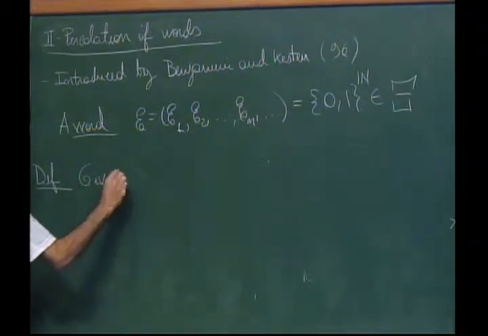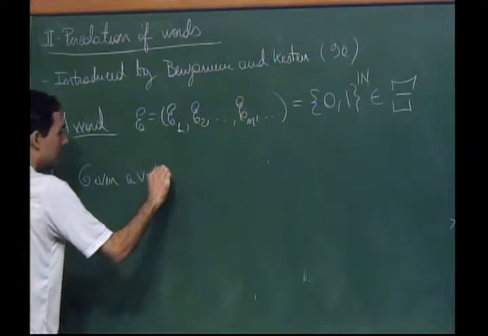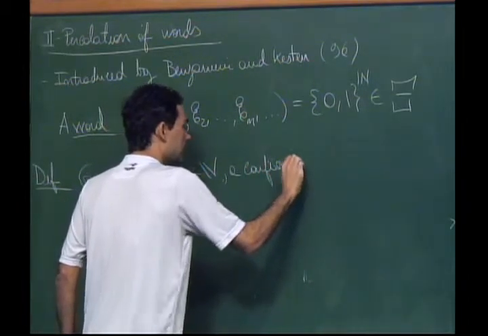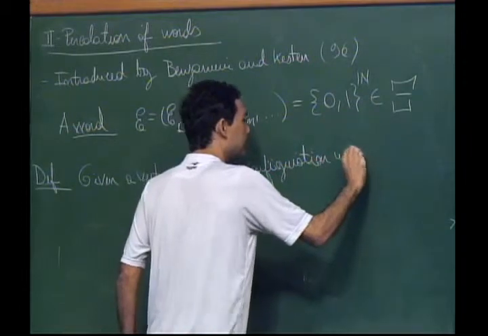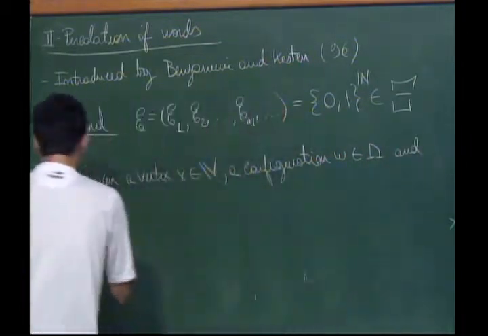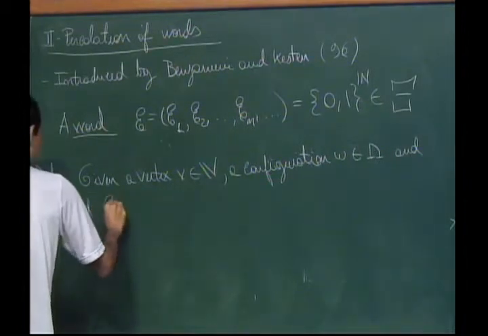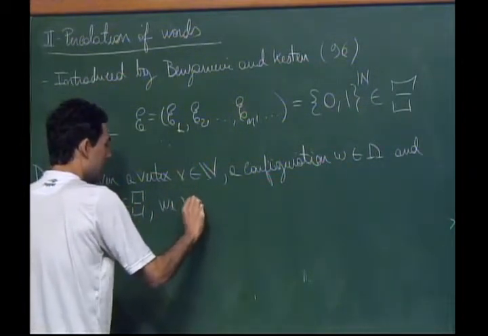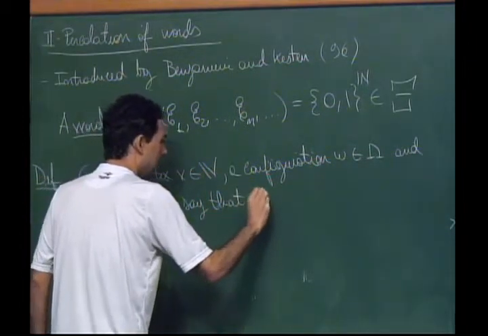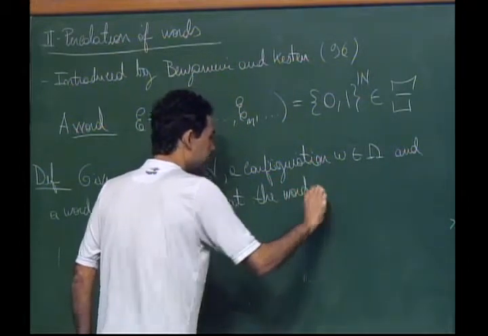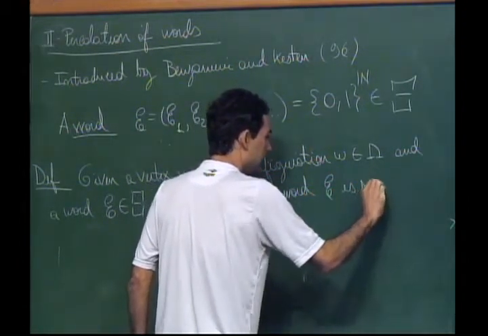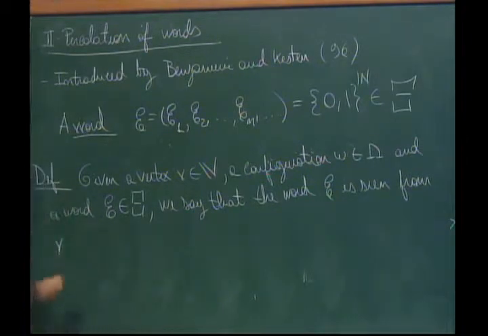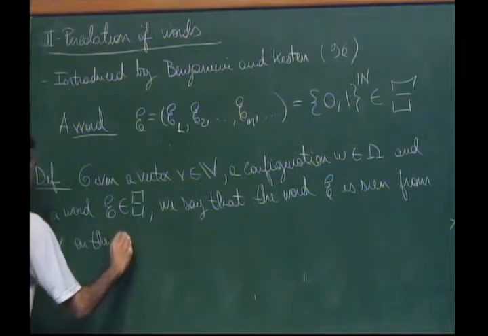Given a vertex v, a configuration omega, and a word xi, we say that the word xi is seen from the vertex v on the configuration